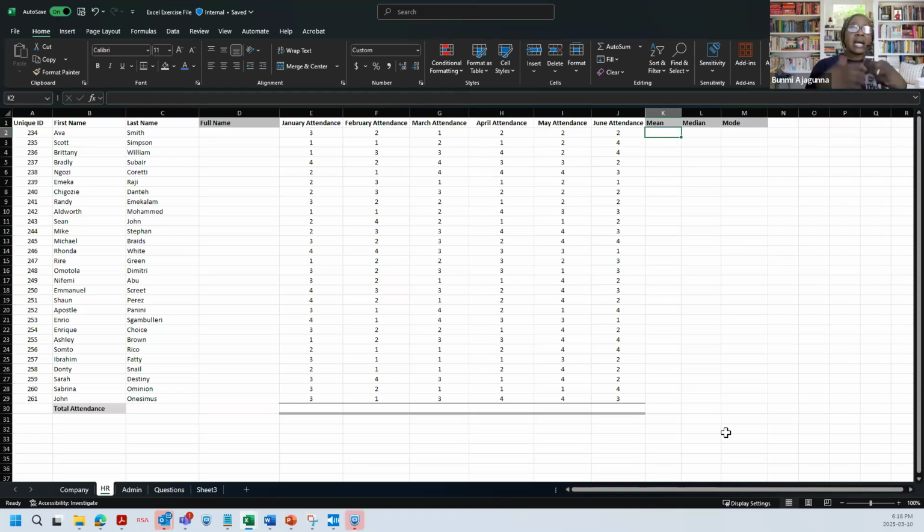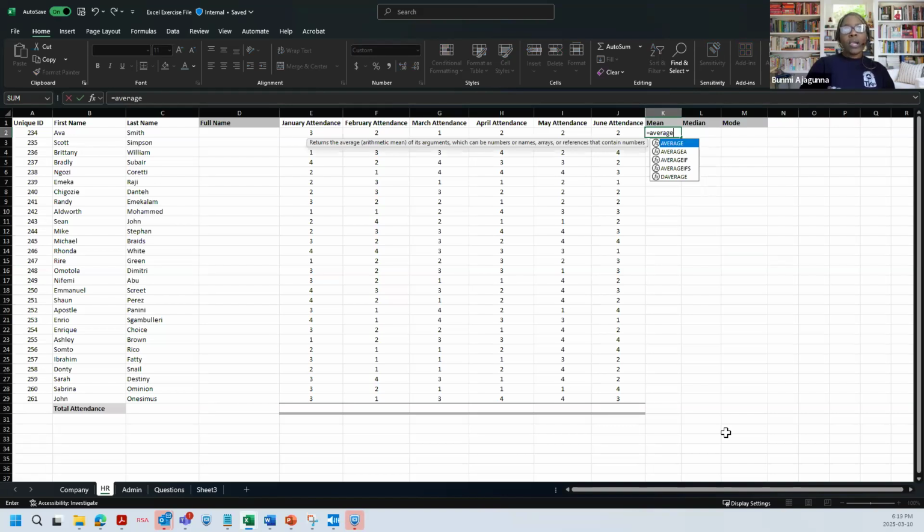The formula we want to put in is the average formula, because the mean is the average for that particular person. So we put in the formula by typing equals AVERAGE. And as you're typing, for those using their laptops, you will see it gives you a description of what this formula actually does. It says it returns the average of its arguments. All right, so we say equals AVERAGE, and then open the brackets.